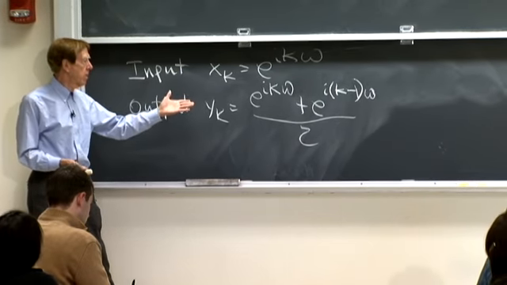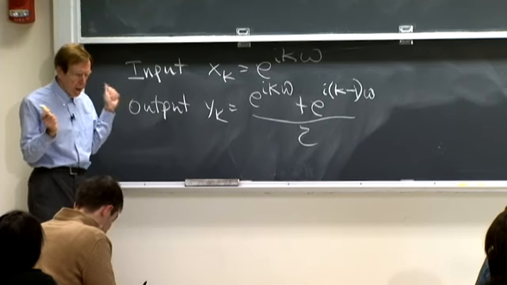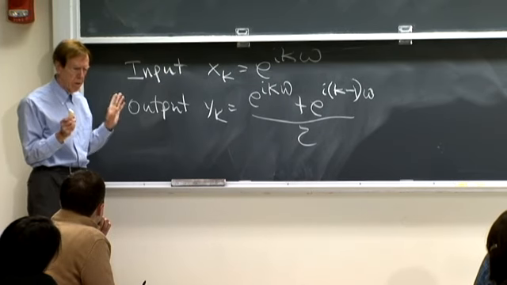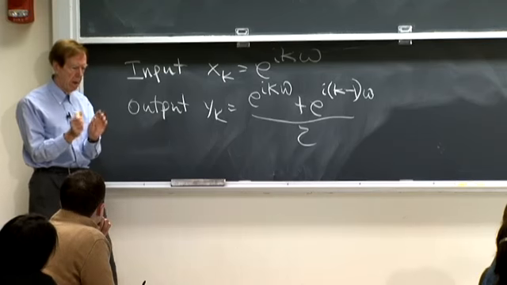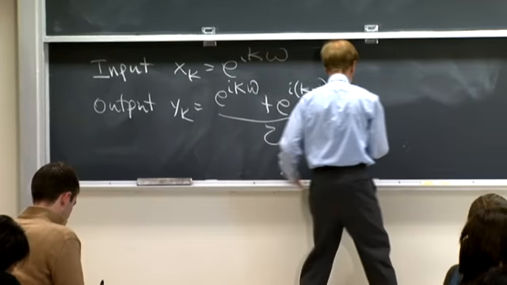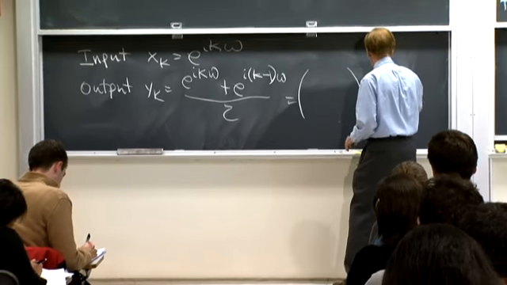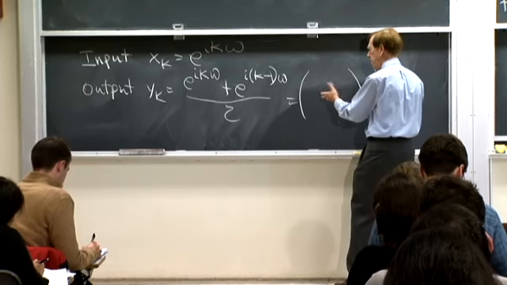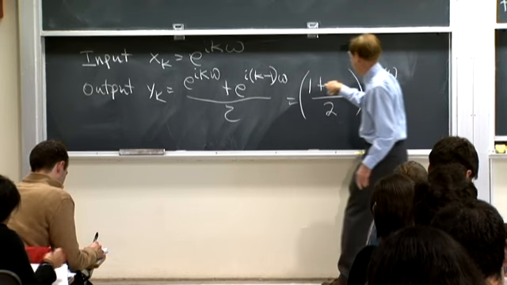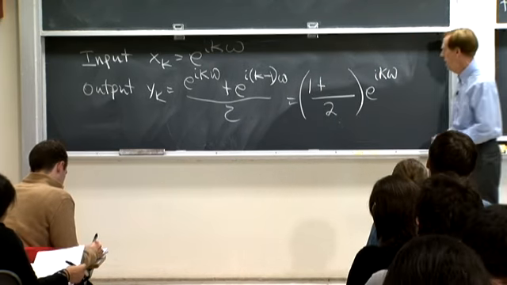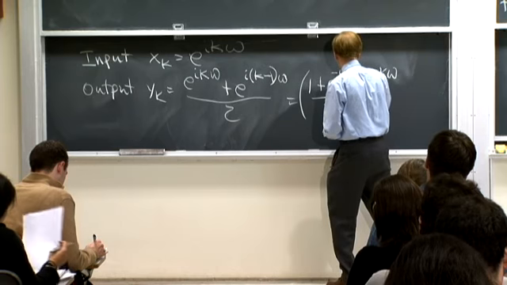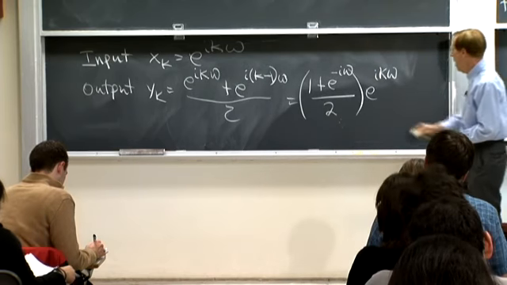Okay, now you're certainly going to factor out e to the i k omega, right? That's sitting there. That's the whole point of these exponentials, is they factor out of all linear stuff. So if I factor that out, I get a very, very important thing. I get 1 over 2, I get a 1, and what's this term? e to the i k omega is here, so I only want e to the minus i omega. Okay, that is called